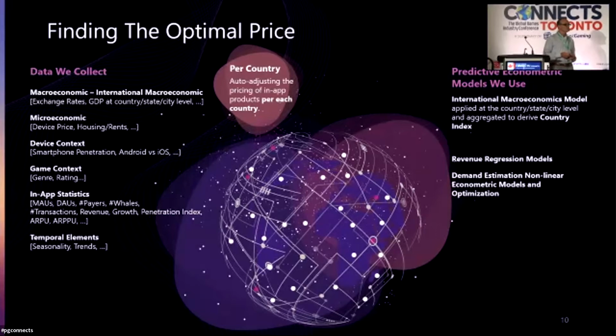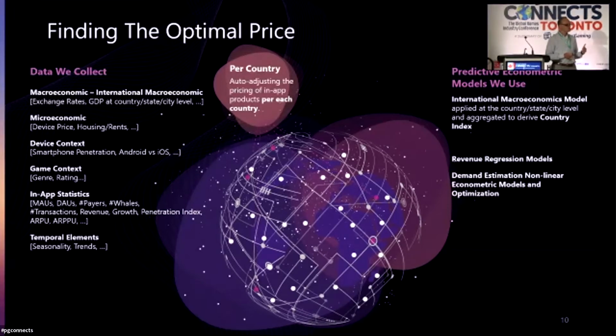Instead, what you want to do, and what we do, is look at a lot of other data outside of your game. So it's not about engagement data within your game; I'll get to that a little bit later. All this information is publicly available, so it's really macroeconomic data. As I mentioned, GDP is publicly available. Currency and exchange rates and how they're fluctuating against each other are publicly available. This is something you can monitor. This is what we do.